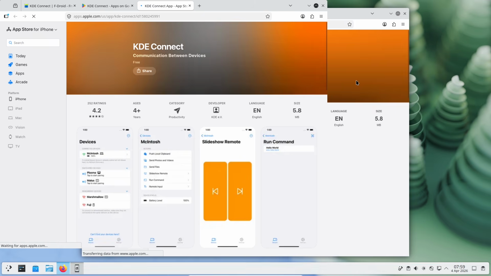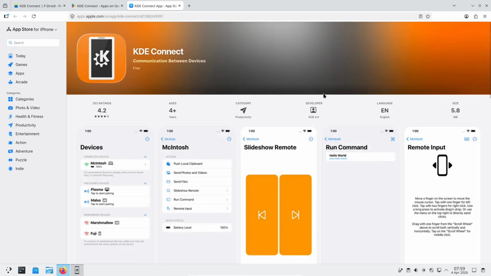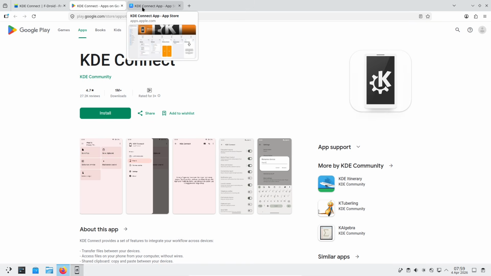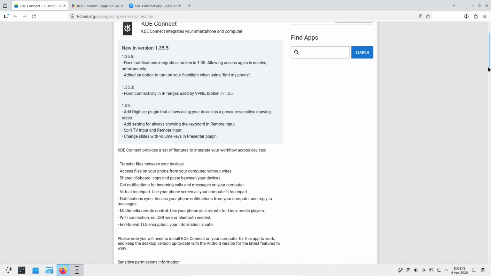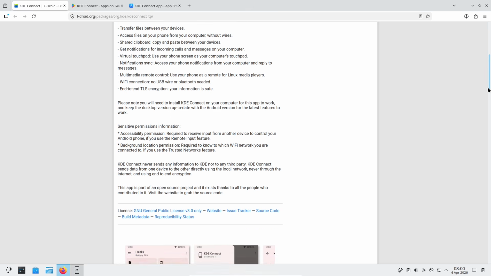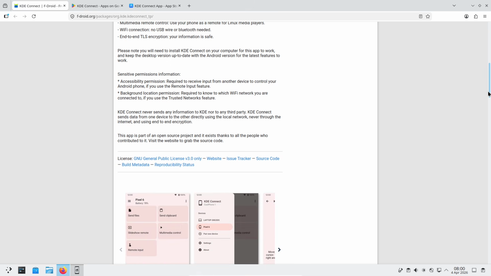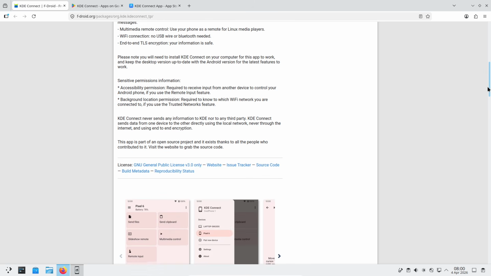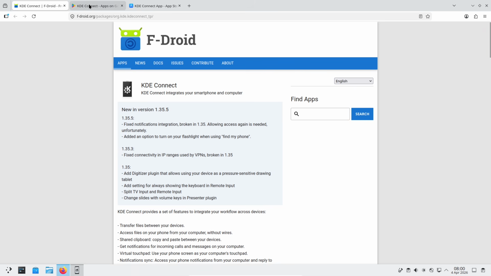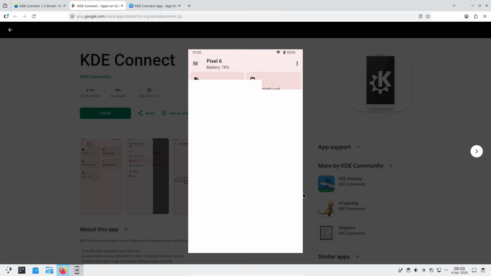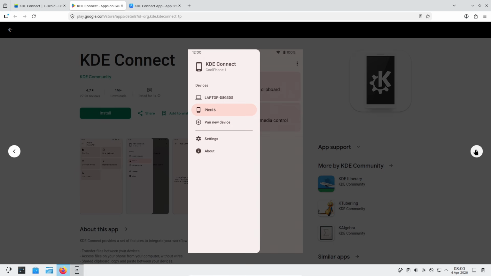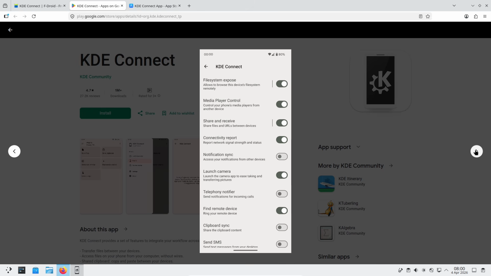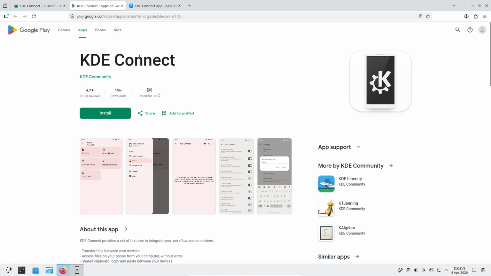What it lets you do is define a list of terminal commands on your PC, and then trigger any one of them from your phone with a single tap. That's it. You set up the commands once, and then they're available right from your phone's KDE Connect app. So what can you do with this? Anything you can do from a terminal. Put your PC to sleep, shut it down, lock the screen, toggle your VPN, kill a specific process, launch Steam directly into big picture mode before you sit down on the couch, mount a network drive, run a backup script,